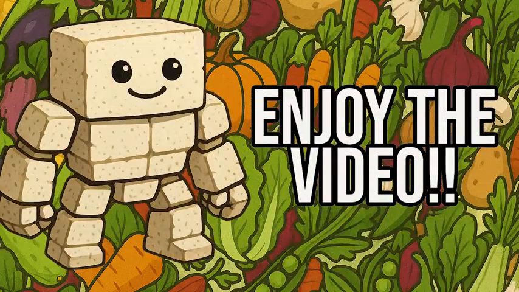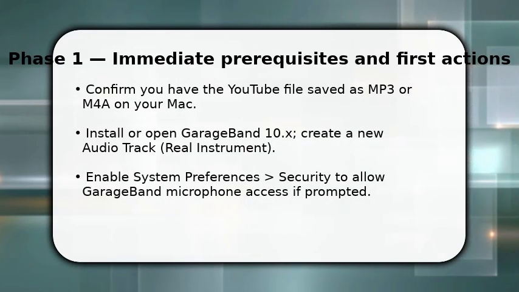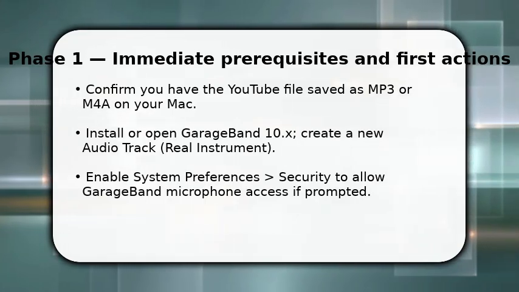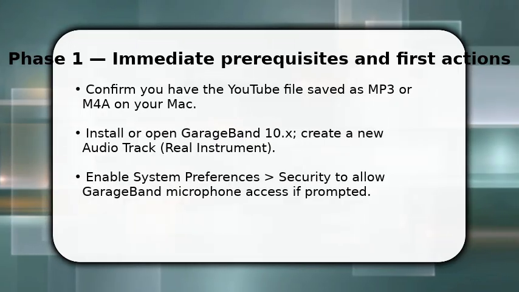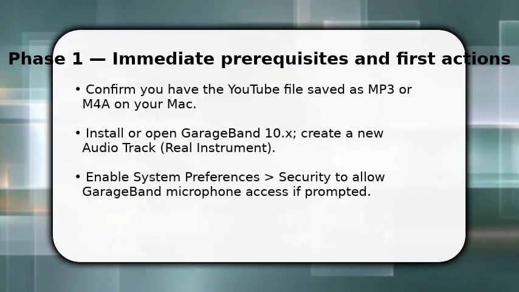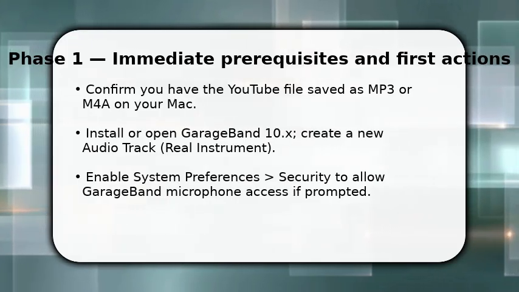Please enjoy the video. You start by exporting the YouTube clip as MP3 or M4A. You need a local file. This preserves quality and metadata. Once done, open Garageband and create a new project with an audio track, not software instrument, so you can import